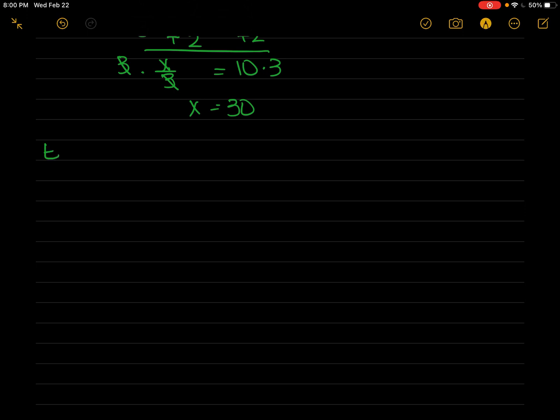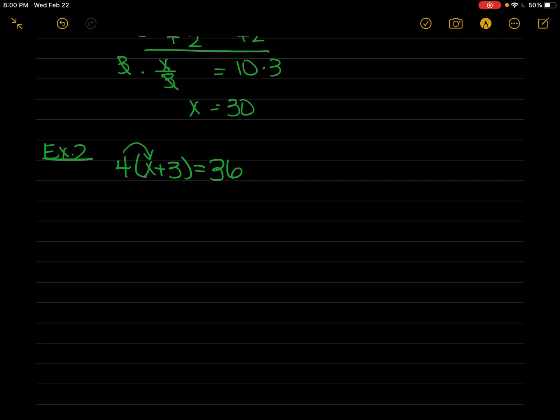Okay, example 2 is a little bit different though. So for example 2, I have 4 times x plus 3 equals 36. And there are actually 2 ways to solve this. You could use distributive property, which we talked about, I think in chapter 2, I'm not sure, but